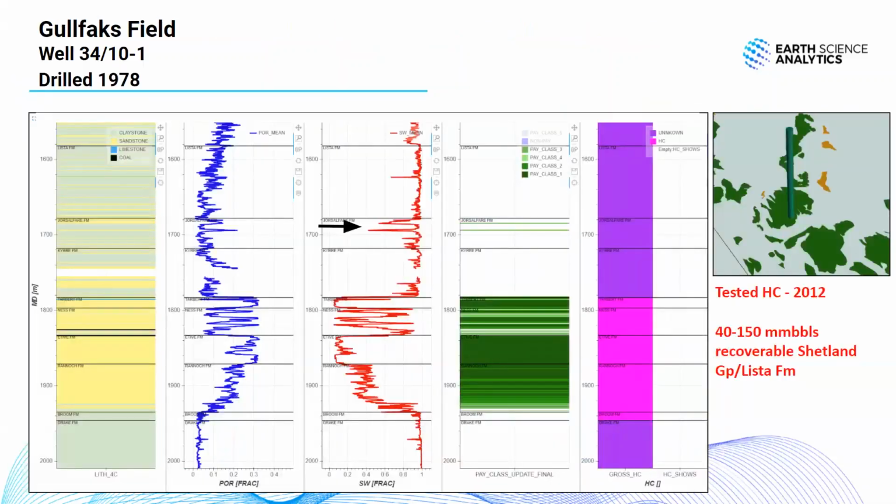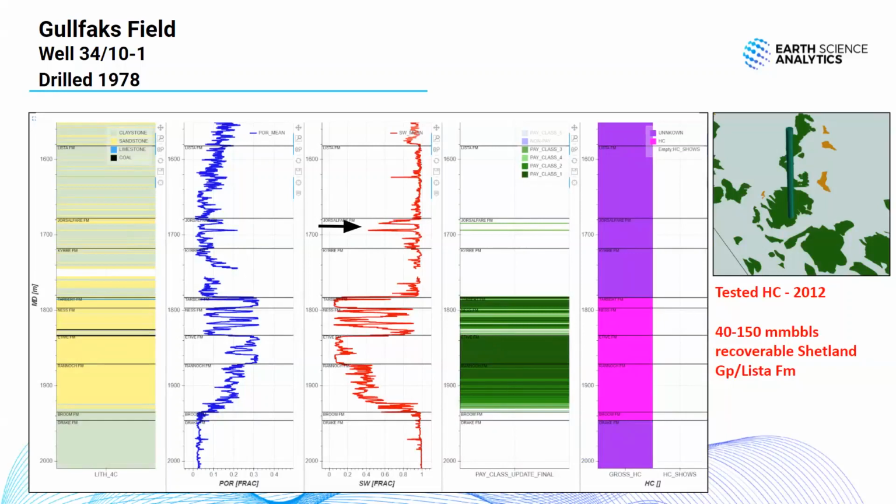An example, of course, is the 34-10-1 well. We've shown this major pay zone in the Brent, but there are 2 intervals here with low water saturation, high porosities, and we're predicting sand. And these are sands within the Lister Formation. The operator tested this in 2012, and they came out with a resource of between 40 to 150 million barrels recoverable